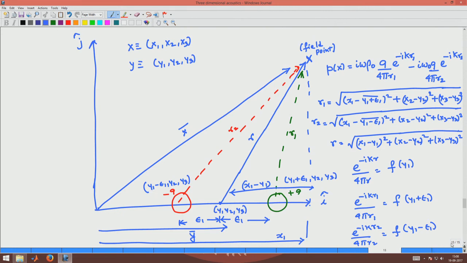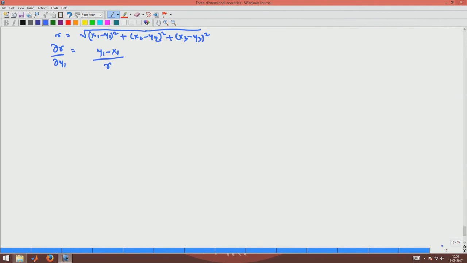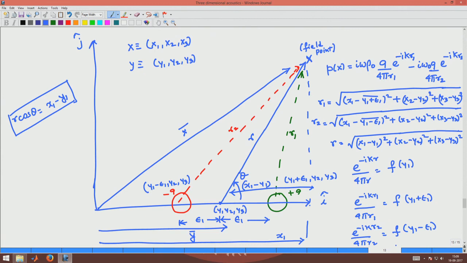So, you realize that r cos theta, where theta is this angle, is going to be given by x 1 minus y 1. So, this is a geometrical relation that we have from our drawing, and therefore, (y 1 minus x 1) by r is going to be given by minus cosine of theta, okay,